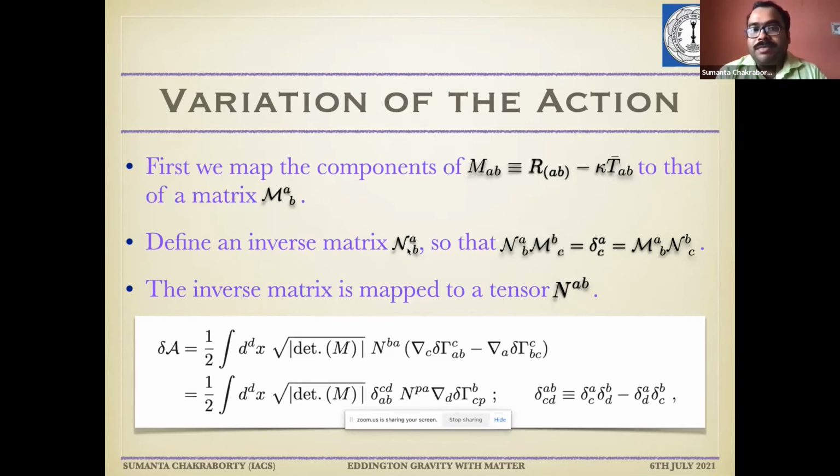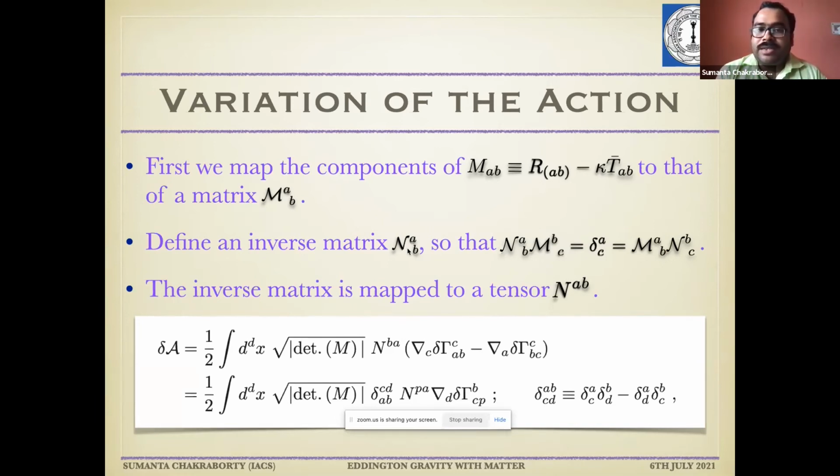in its indices, but that is not the case over here. We have to take the symmetric part of the Ricci tensor, because there is a part of the Ricci tensor which is del B of gamma C_AC. Now that part, if gamma can be written in terms of the metric, is effectively del A del B of log root minus g. But in this derivation, we are not assuming any connection between gamma and g to start with, and therefore that particular statement that gamma is derivative of log root minus g doesn't hold true, and therefore R is not necessarily symmetric in its indices. So that's why we will always keep R_AB as the symmetric combination whenever the action is concerned.